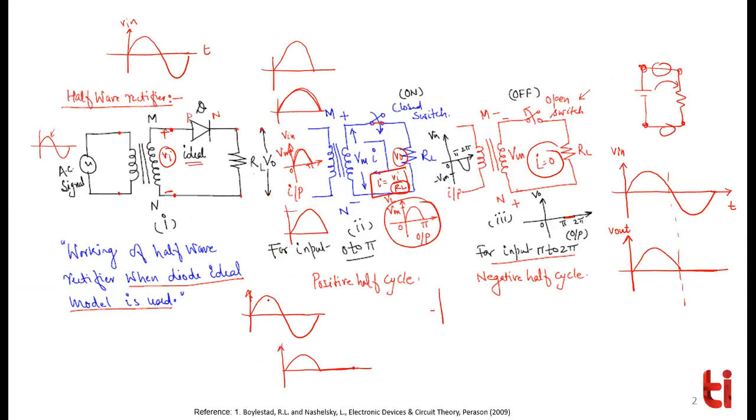It looks like, okay, in the positive half cycle there is nothing, in the negative half cycle this is the output, and in the next positive half cycle the output is 0. So always make it parallelly. Or if you don't want to make it parallelly, define the x-axis: it's 0, it's pi, it's 2 pi. Then you can draw anywhere that in the positive half cycle 0 to pi like this, and pi to 2 pi it's 0 like this. Do proper labeling, otherwise draw input and output parallelly.